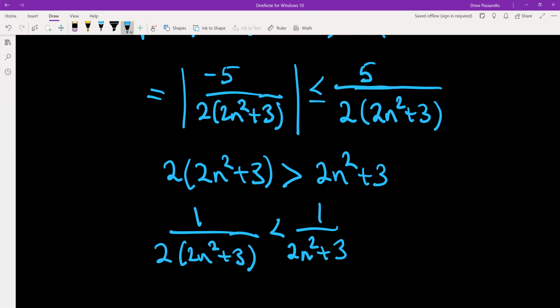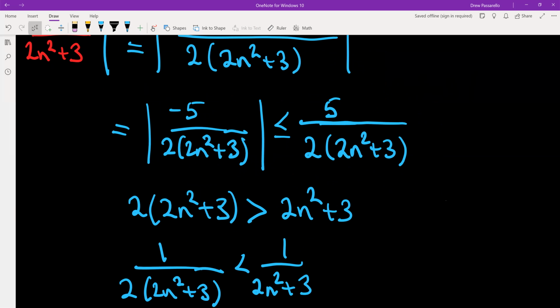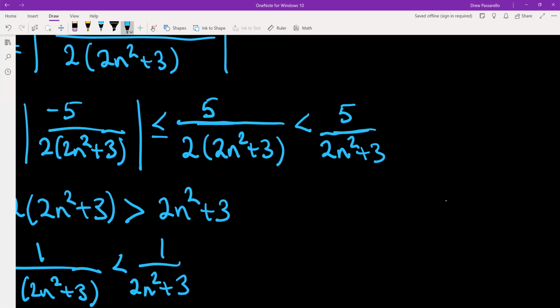All right, so 5 over 2 times 2n squared plus 3 is going to be less than just doing 5 over 2n squared plus 3. So it's dividing by a smaller number. But then 2n squared plus 3 is greater than 2n squared, so taking the reciprocal of that, 1 over 2n squared plus 3 is less than 1 over 2n squared. So this would be less than 5 over